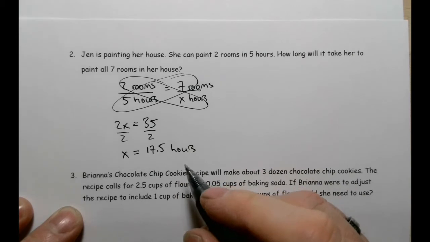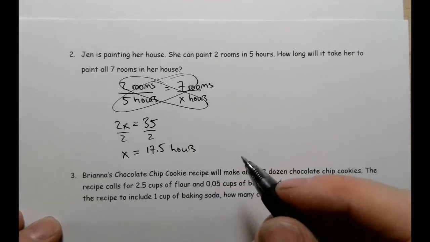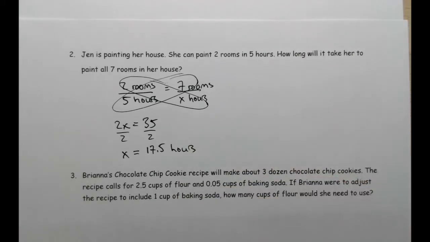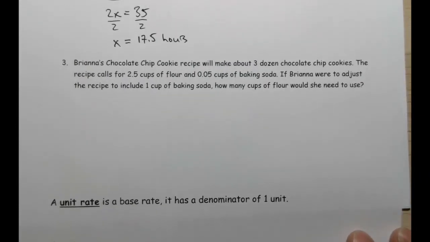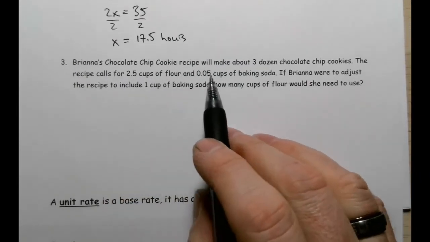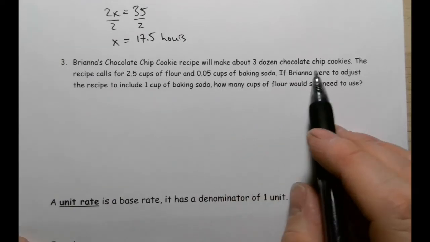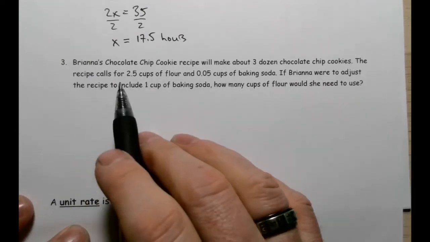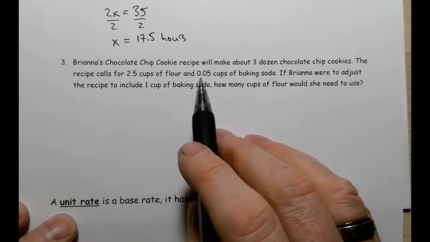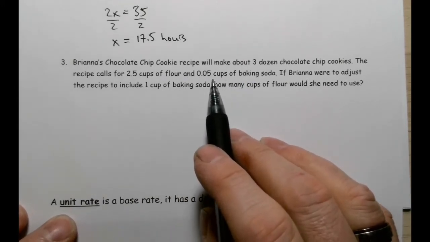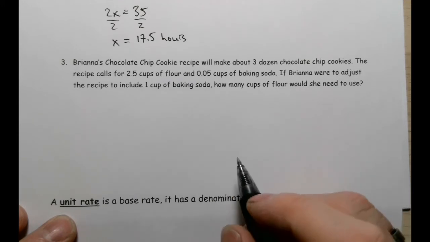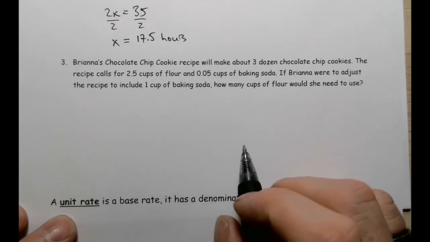Now next, Brianna's chocolate chip cookie recipe will make about 3 dozen chocolate chip cookies. The recipe calls for 2.5 cups of flour and a half cup, it's not a half, wow, of baking soda, okay, which is quite a big change from the half that I was going to say here. So if Brianna were to adjust the recipe to include 1 cup of baking soda, how many cups of flour